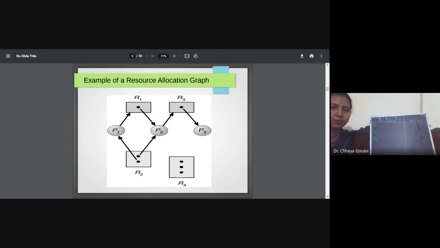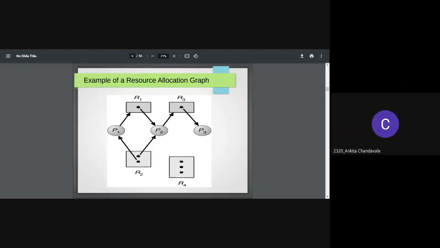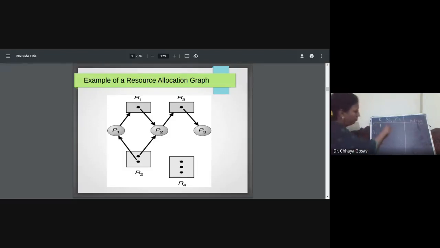Maximum requirement of P1. How many resources of R1 does P1 require? 1. R2 1 and R3 0. And what is allocation for P1? R2 is allocated to P1.